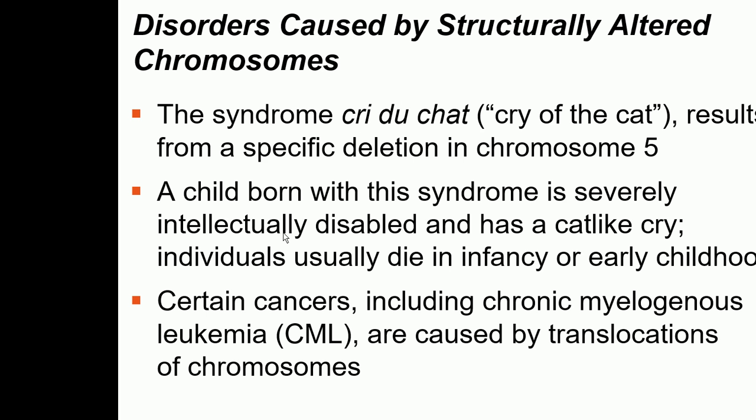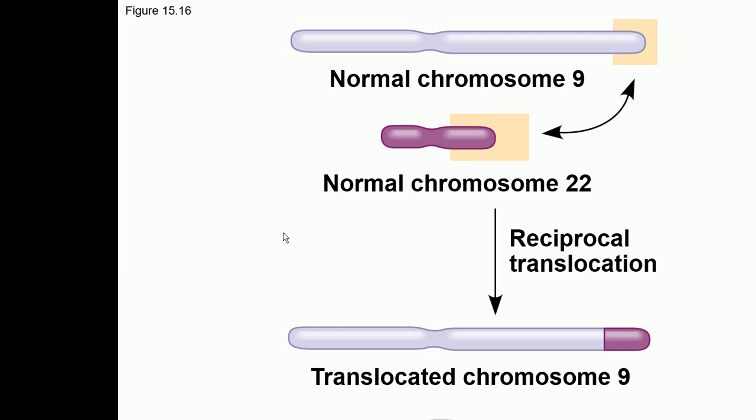Now the next disease we are going to talk about is chronic myelogenous leukemia, which is because of translocation of the genes between the chromosomes. So this is chromosome number 9, this is chromosome number 22, and some part of chromosome number 9 becomes part of chromosome number 22, and some part of chromosome number 22 becomes part of chromosome number 9. And this translocation is responsible for the disease leukemia. So that's all in this